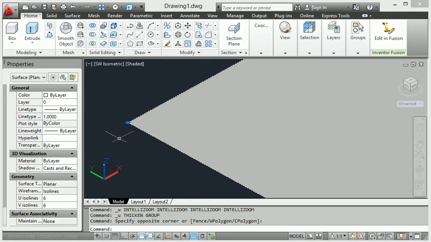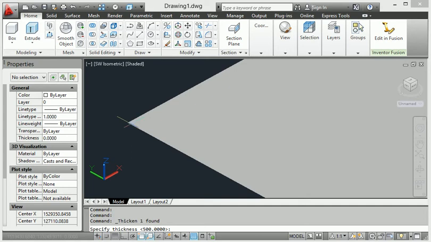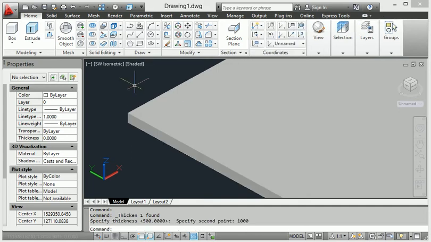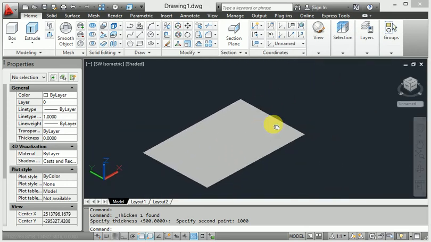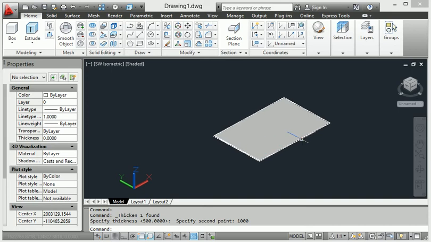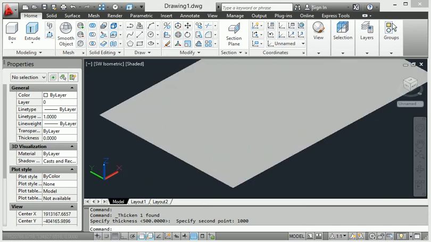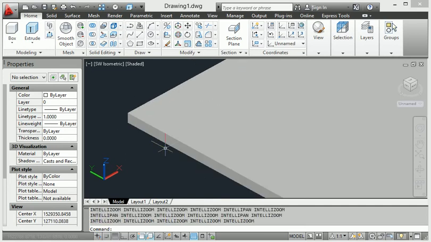When I click the body and apply thicken, click the point and provide 1000 thickness. Look, it means that according to this whole sheet, that 1000 thickness is properly matched to its width and height. Same thing here, again I will show you the diagram. We will reduce the thickness.